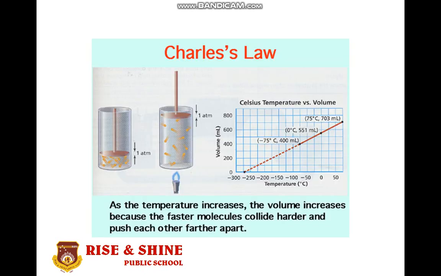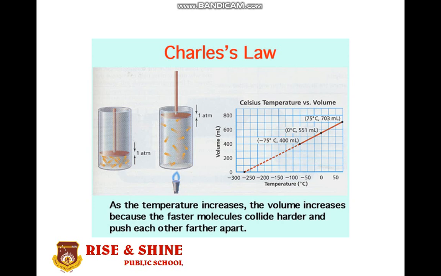In this diagram, you see that there are two cylinders. In the first cylinder, the pressure is 1 atmosphere at the lower temperature. But when we increase the temperature, the pressure is still 1 atmosphere. According to Charles' law, keeping the pressure constant, pressure is constant in both of these, but the temperature has increased, so its volume increases. When there is a direct relation between any two quantities, the graph between these two quantities will always be a